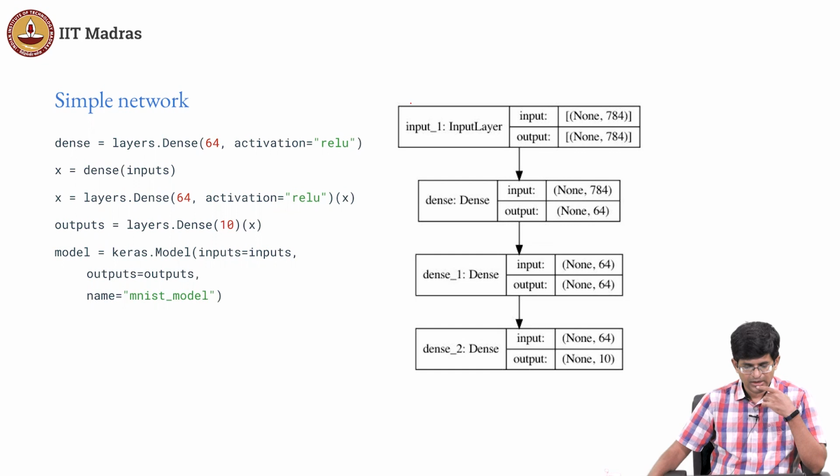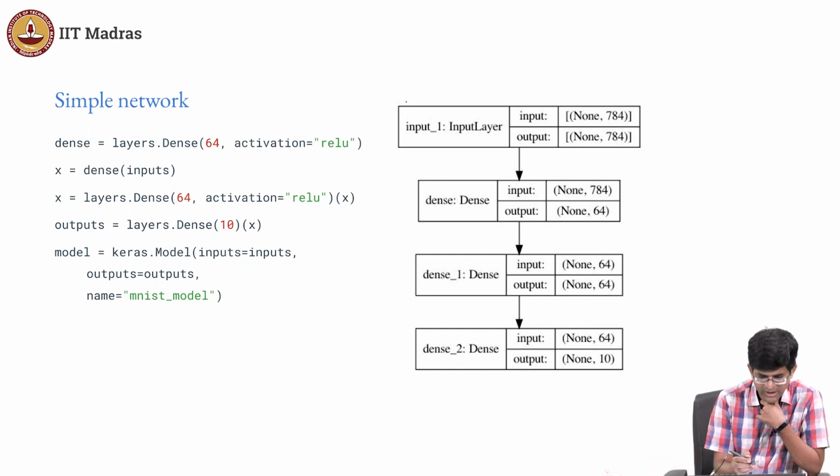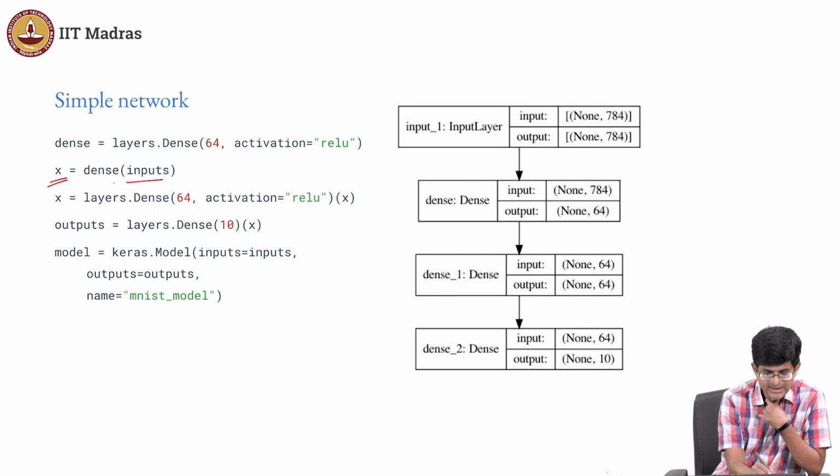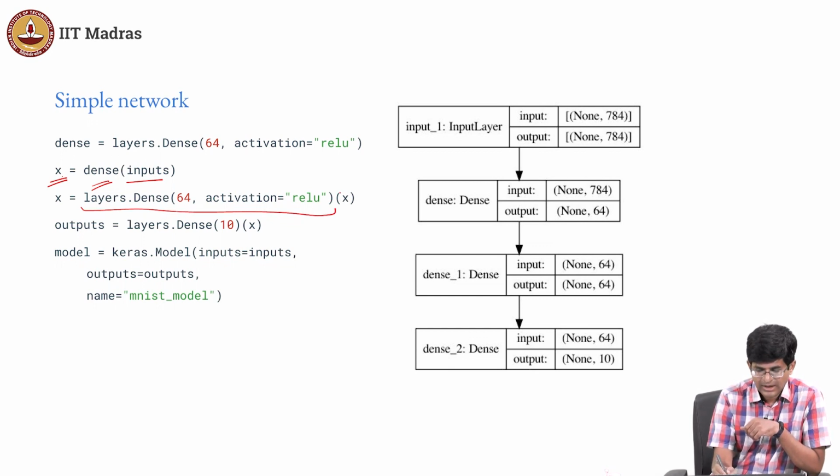One interesting thing that I want you to observe over here is what is happening to this. I have certain inputs, and then I'm saying I'm going to take this x, apply the function dense on it, and I create an output x. Now look at this second statement out here. What it is saying is layers dot dense, something of this sort, and then suddenly I have these parentheses out here and x applied to it.